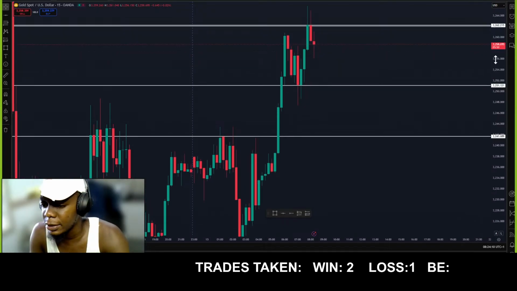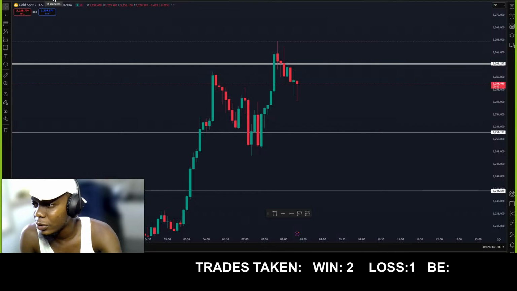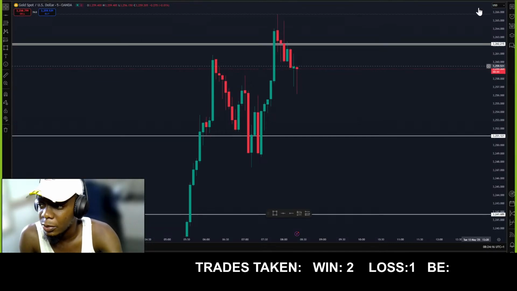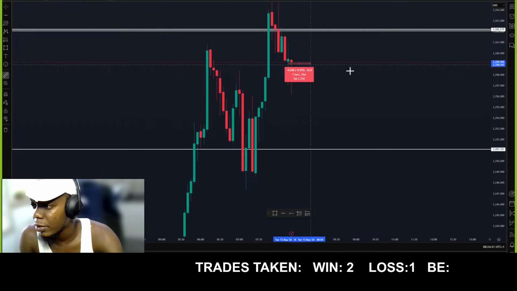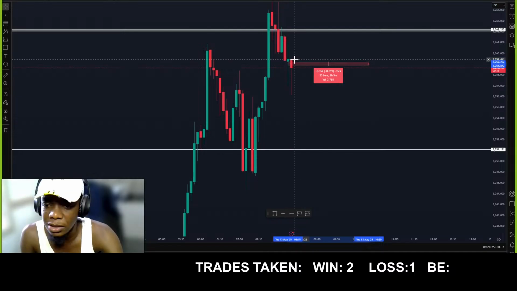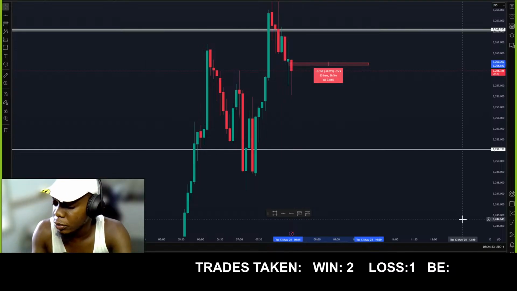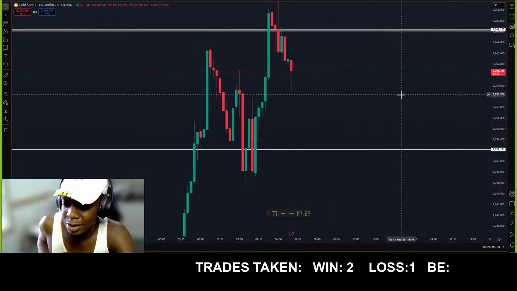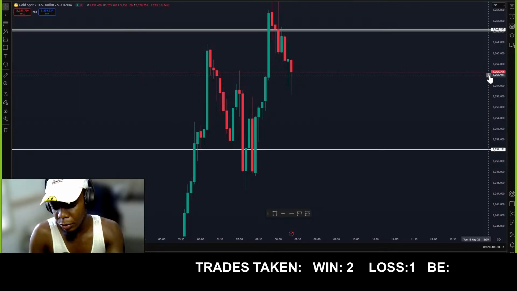So guys, you can just see what I was talking about. The chances of the trade going your way is small, unless you quickly break even after price gets to like 10 pips. If not, price is literally back to your entry. The momentum you need is not there. That's the quick momentum that you need for price to push your side. It's not there. So the only trade that actually played this morning